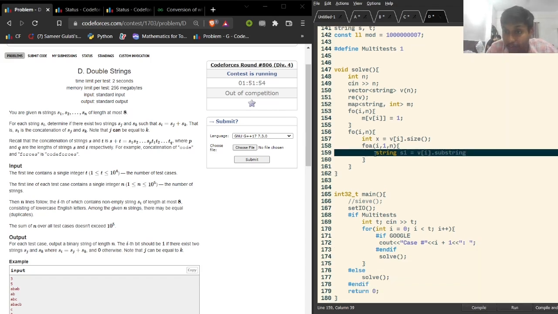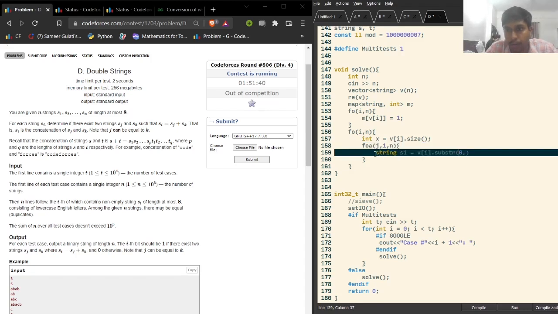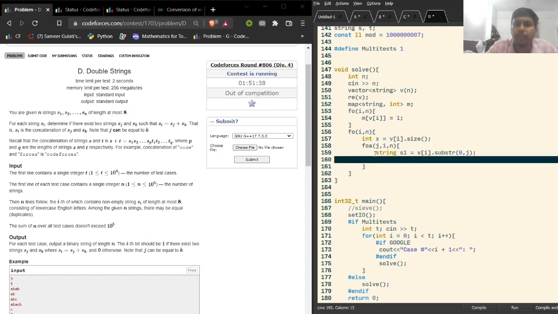Okay, I don't even remember the substr function. It's kind of like this, I guess. You want the index you are starting from, which is 0, and the length, which must be j over here, I'm sorry. So j, and then the remaining string, which is string s2, is equal to